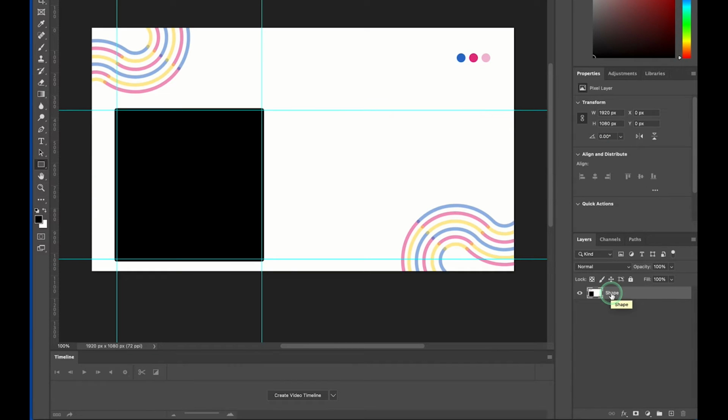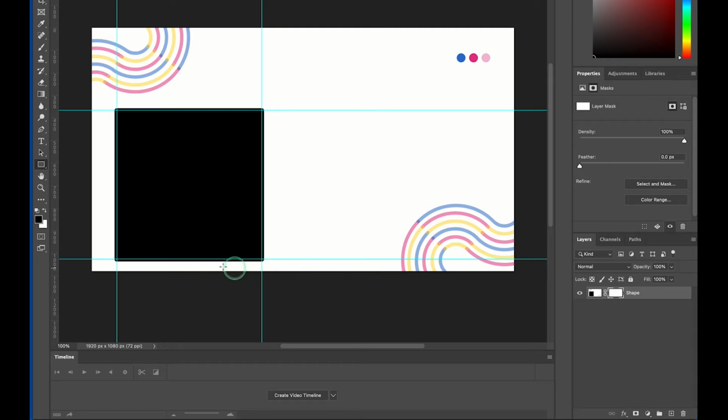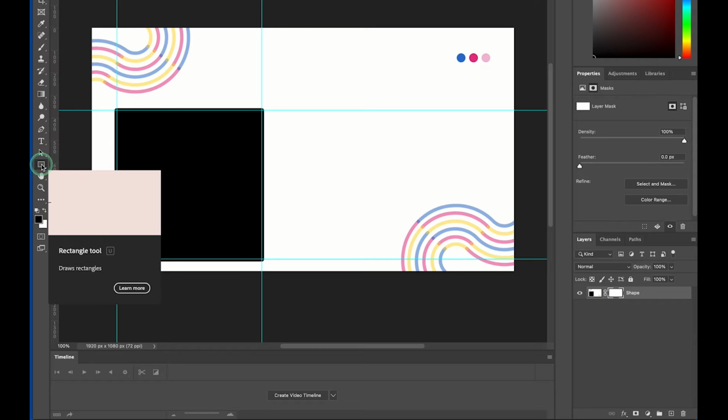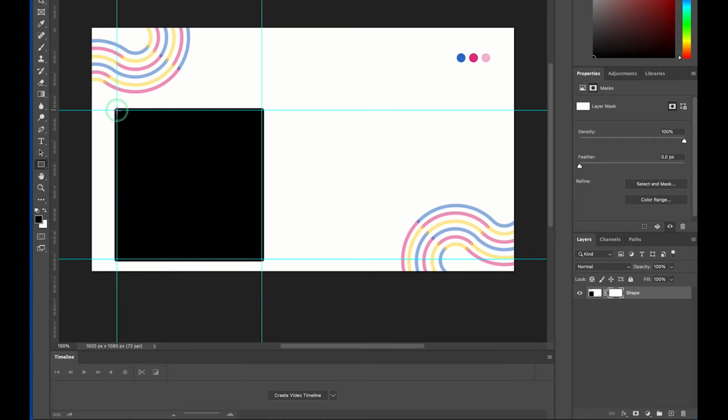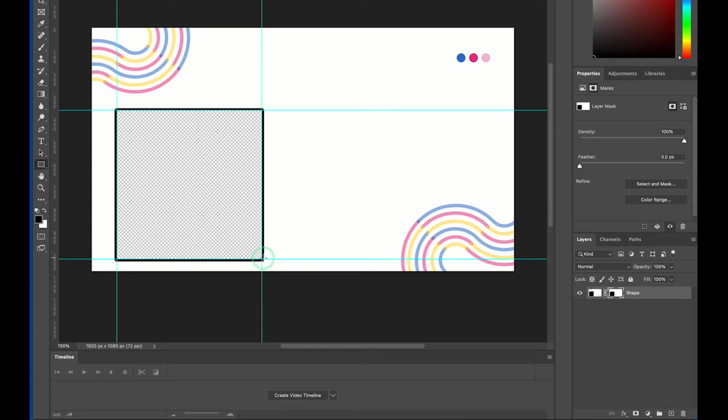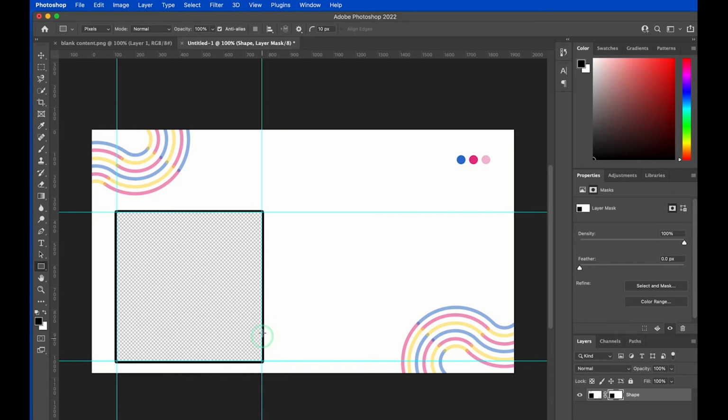In the Layers panel, select your layer. Click the mask icon. Ensure the top square in the color palette is black. Using your Shape tool, align the tool to one edge of the ruler intersection and drag your tool to the opposite corner, holding down the Shift key while you're doing that. Then release. Now it's time to save it.